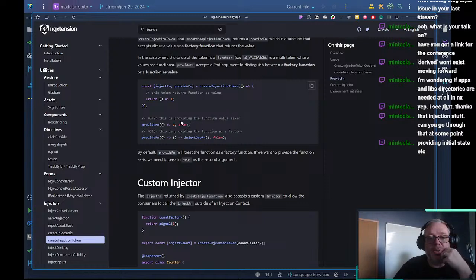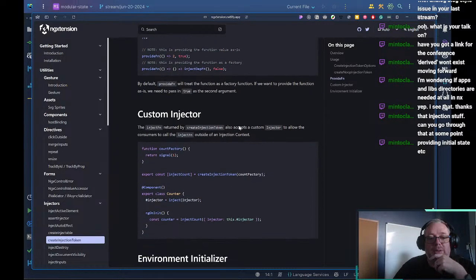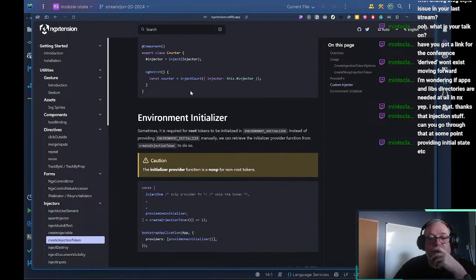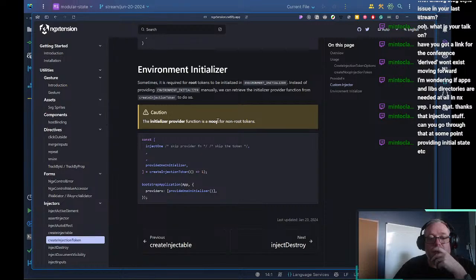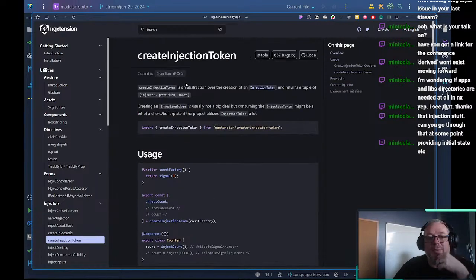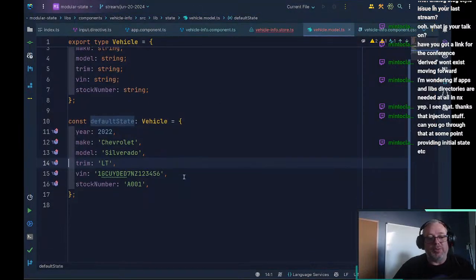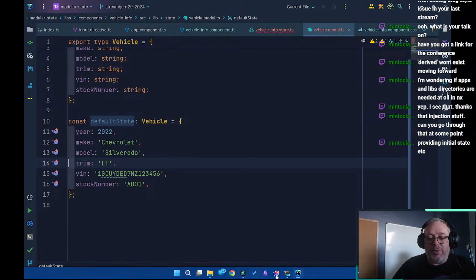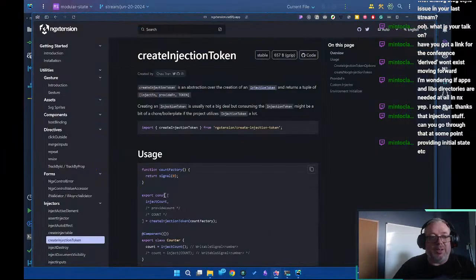This is providing the function value as is. I really want to dig into this, but I don't want to confuse things too much, right? So if we go take a look,